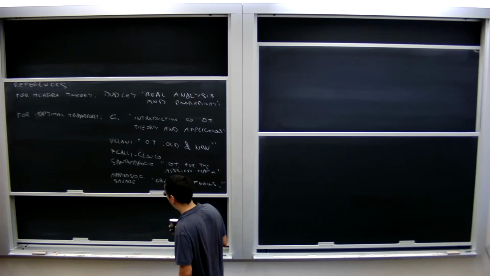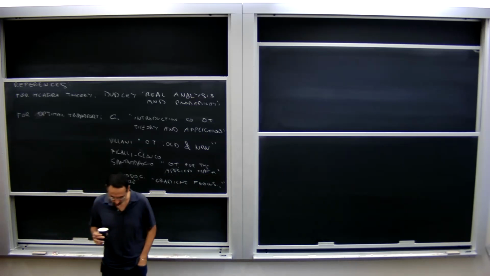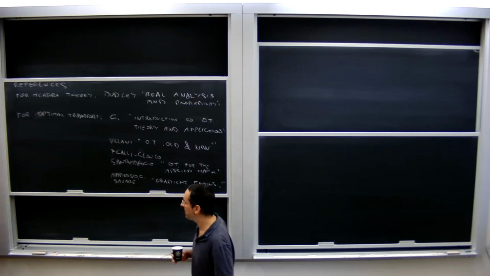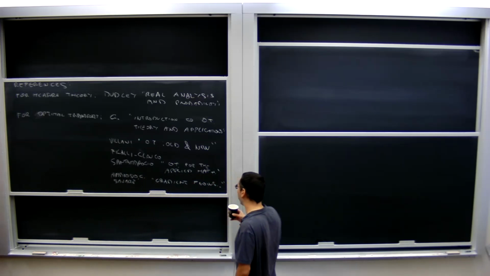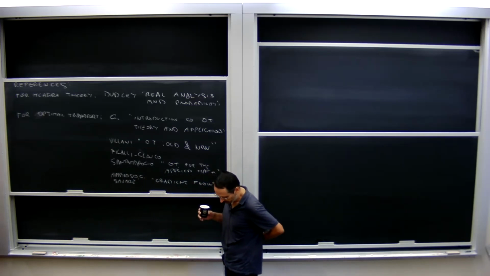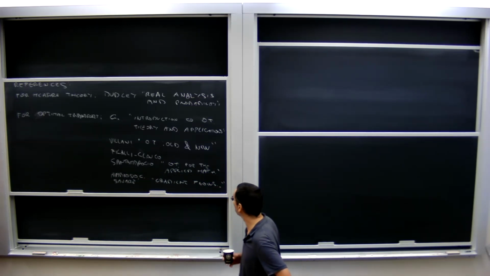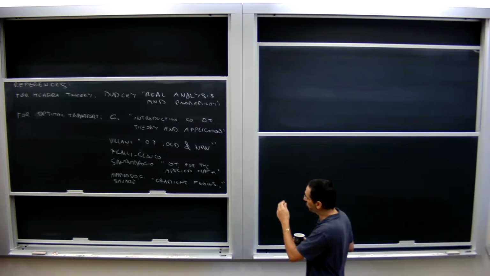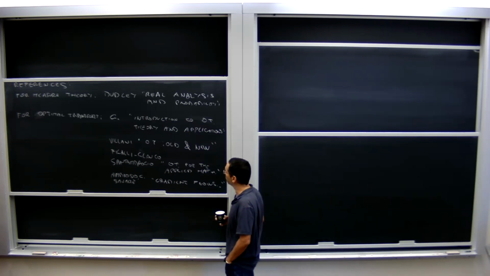And for optimal transport, there are several references. Optimal transport is now quite a well-known topic. We really need just the basics of optimal transport, so nothing too complicated. For that, an introduction to optimal transport theory and application that I wrote a while back is more than sufficient. Just the first chapter and half of the second is more than enough. There's another version of this book that I wrote with Ambrosio. It's called The User's Guide to Optimal Transport, and it's basically the same content.